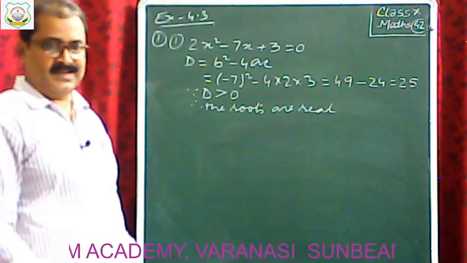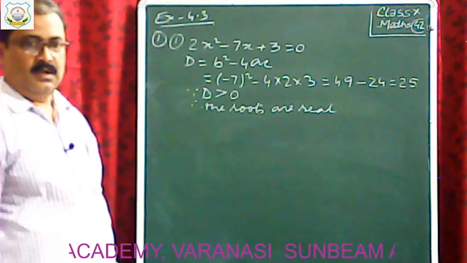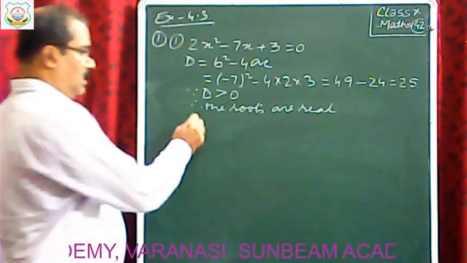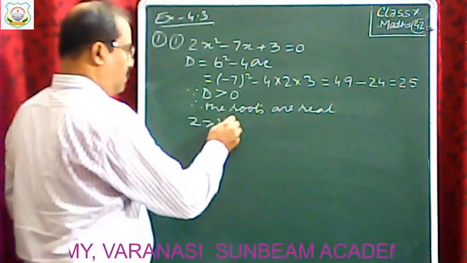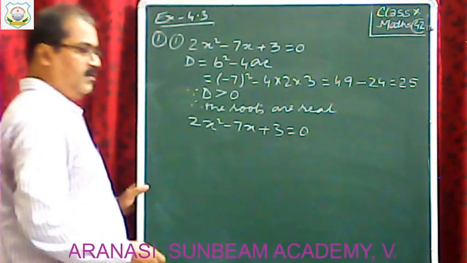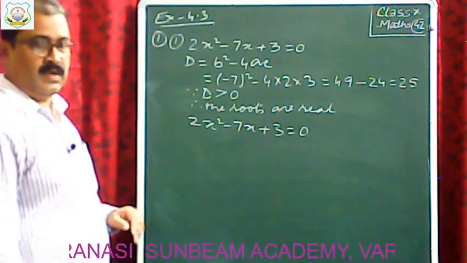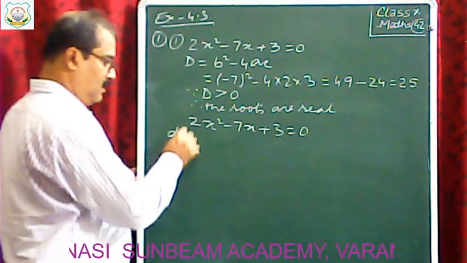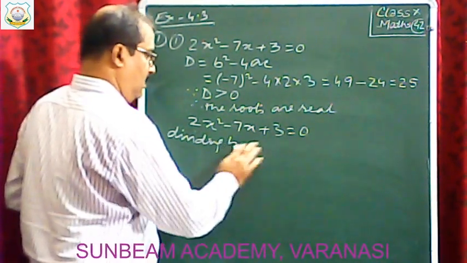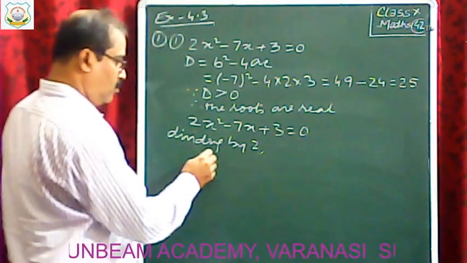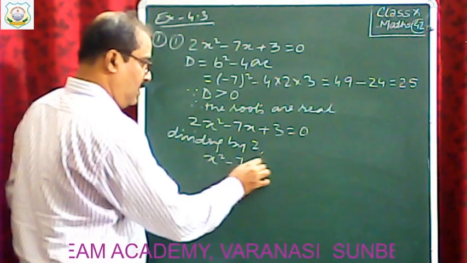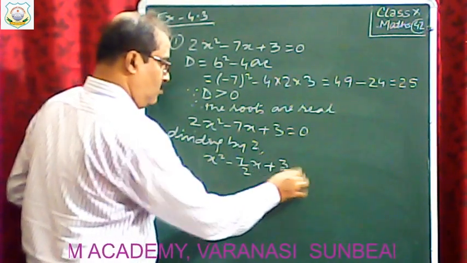And the question is given the same. If exist, then you have to use the method of completing the square. Clear? So thereafter you have to start the process of completing the square method as I have shown in standard form. So first of all you have to divide the equation by a. Dividing by a, a means 2. So what we get? Dividing by 2, so x square minus 7 by 2 x plus 3 by 2 equal to 0.